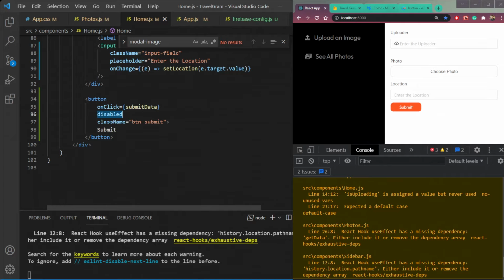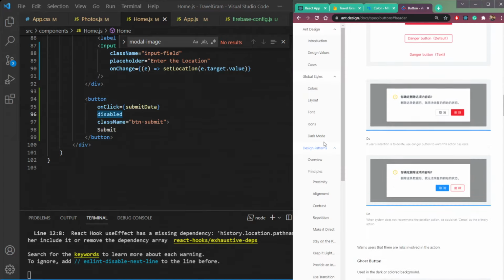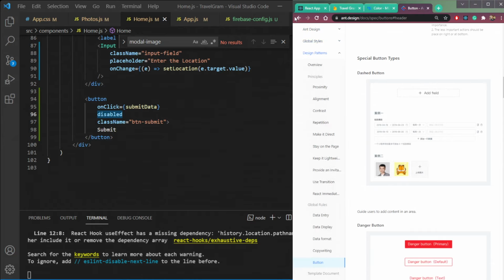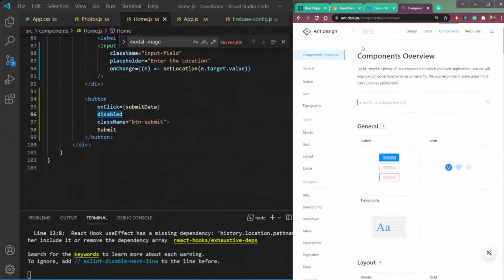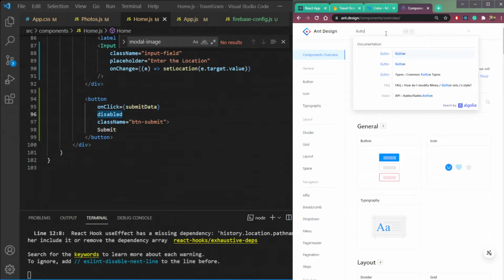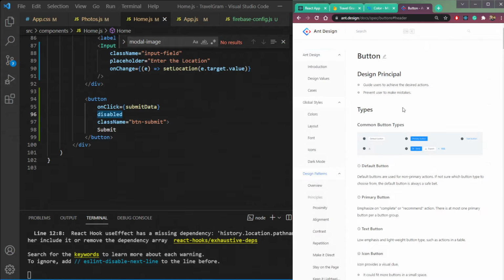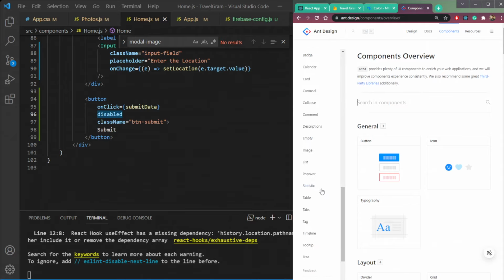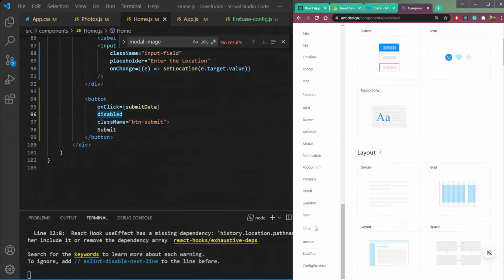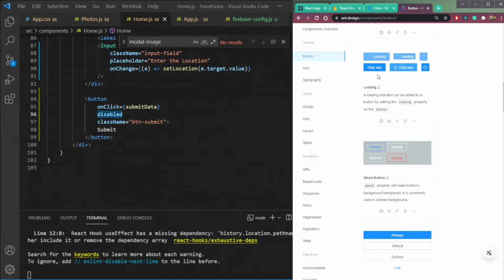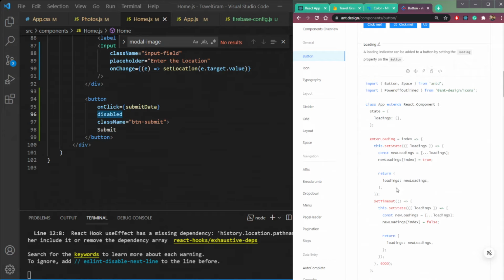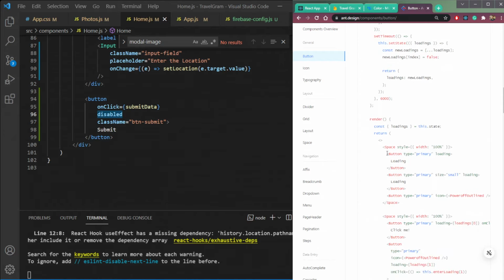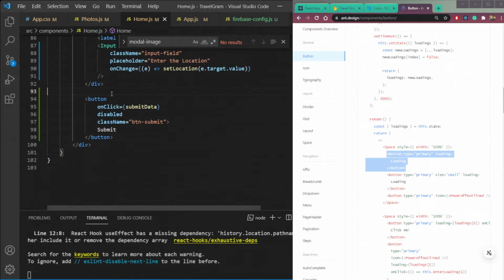Okay, let's see this icon here in the UI design components. Okay, we need to search here the button. So select button here. Components, where is the button? Button, badge, alert. So we can also use alert from here. Okay, button is here. So let's select some loading button. This is the loading button here. Okay, copy this button and just put it here. Replace this button here.